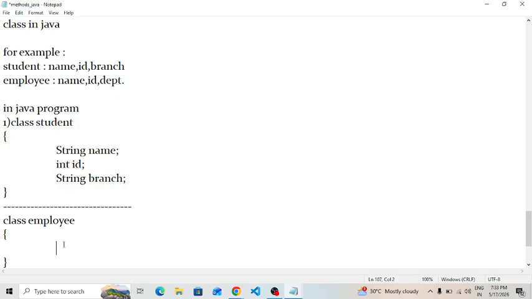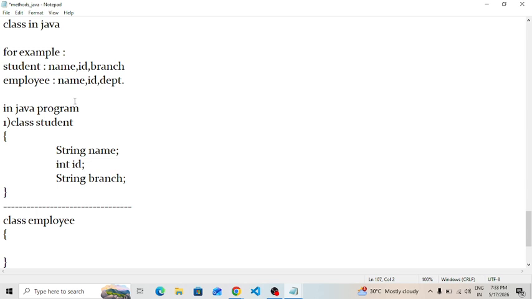You have created the class successfully by specifying its name. Now, inside the body, you have the details of the employee: employee has a name, an ID, a department. If you want to put each one inside the class employee, inside the body of the class,